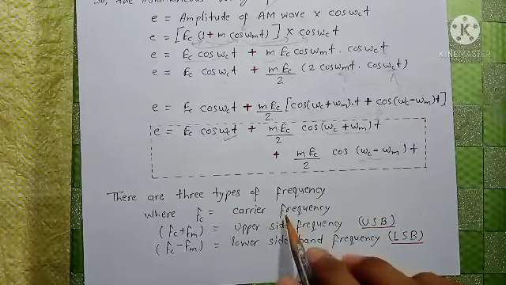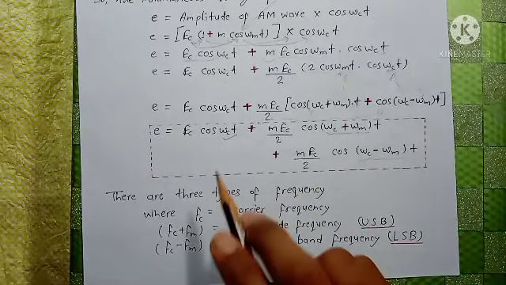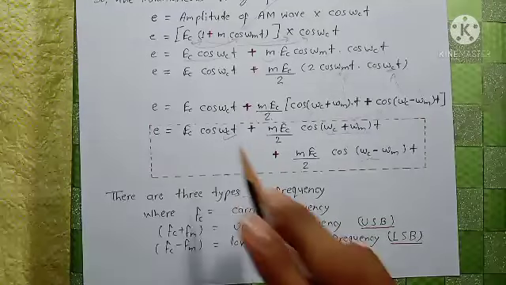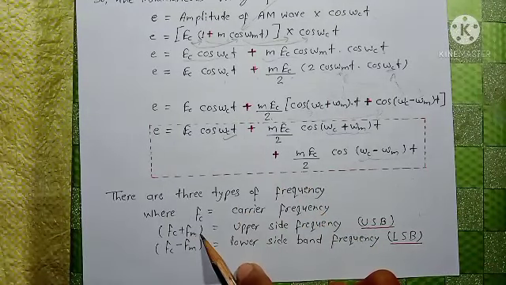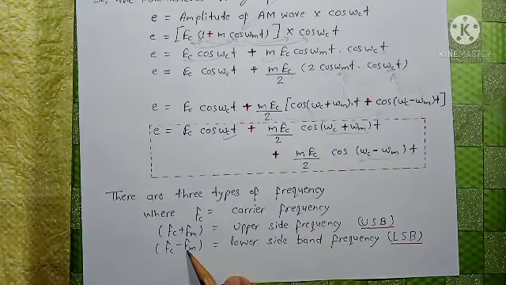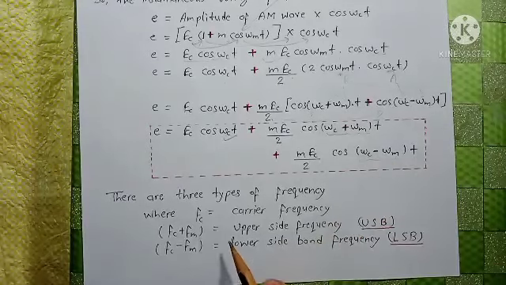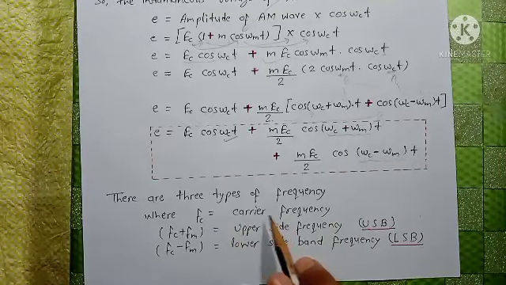So there are three frequencies also, where fc is related to omega c, and fc plus fm is related to omega c plus omega m, and fc minus fm is related to omega c minus omega m. And fc is our carrier frequency,